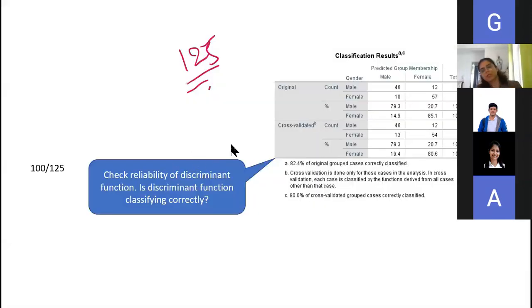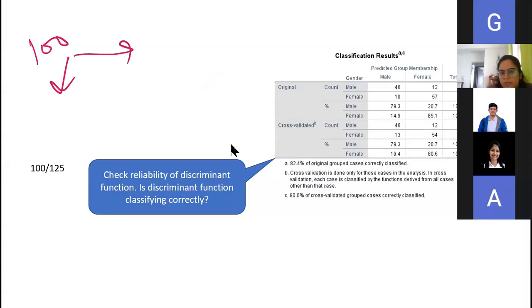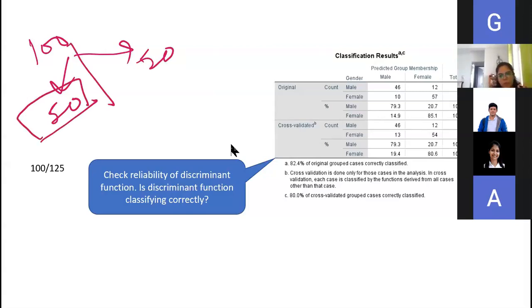Even in machine learning algorithms, I was mentioning test data and train data, all those things. So say I have a sample of 100. I divide my sample, I split it, 50 here and 50 here. I run a model only on this sample of 50, and whatever equation, whatever model I get, I then run it on the other data. So one is called my training data, and one is called my test data.